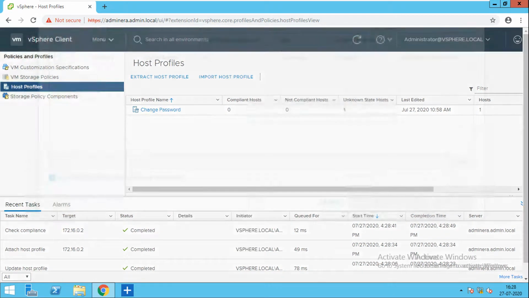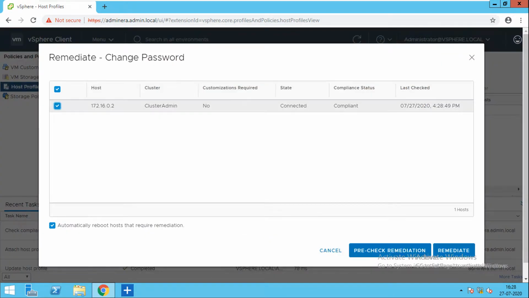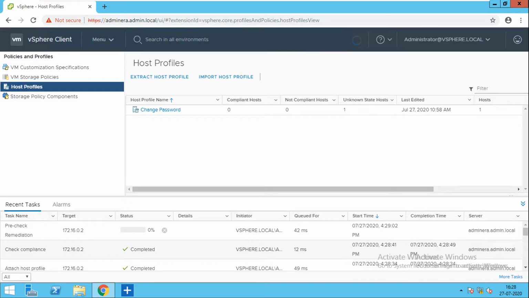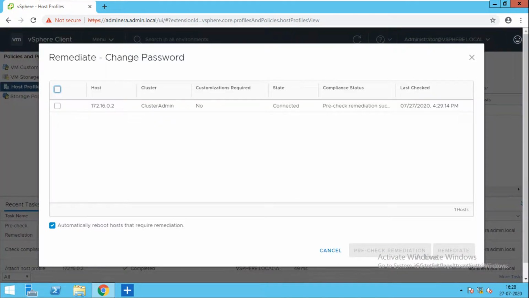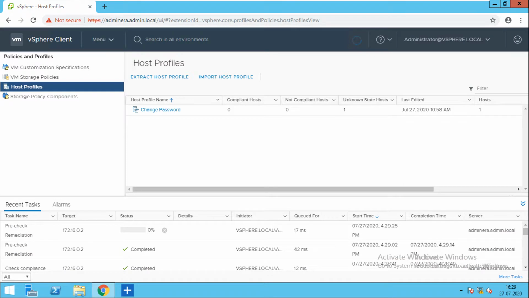Click on next. Everything was pre-checked; before remediating, check it, and if the pre-check is fine, we can remediate. I select the host, the remediate option is available, and I'm remediating.